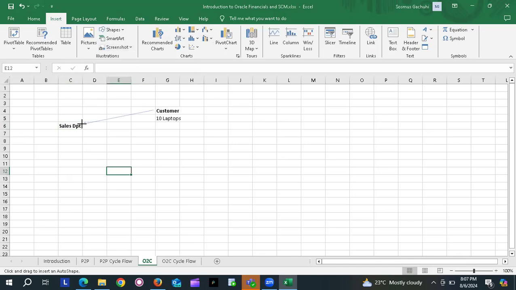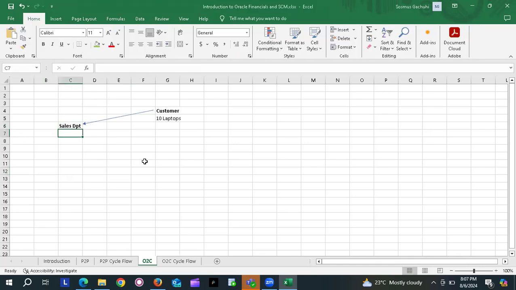The customer will contact the sales department, and this sales department, before confirming to the customer that the laptops are available for sale, will record the sales order. We call it the order. But before confirming or booking the order in the system, so that it can be processed and shipped to the customer,